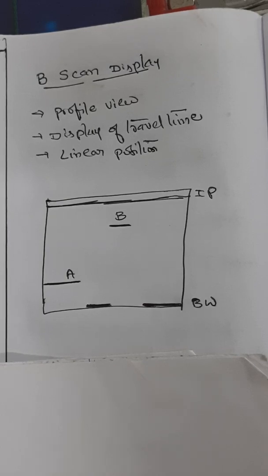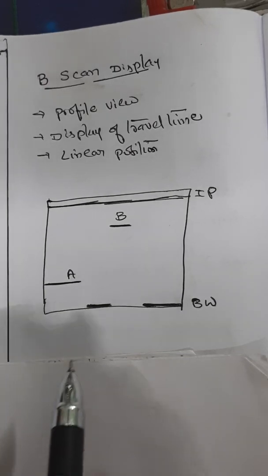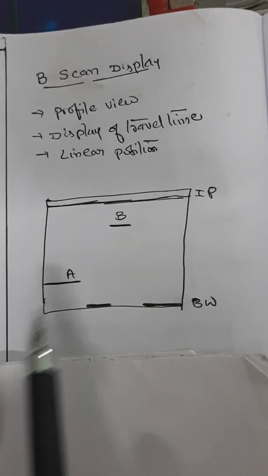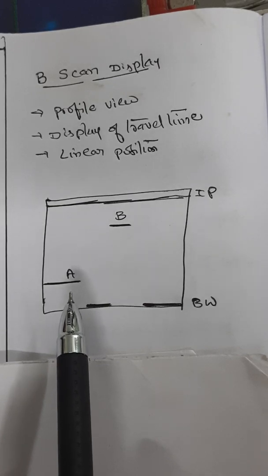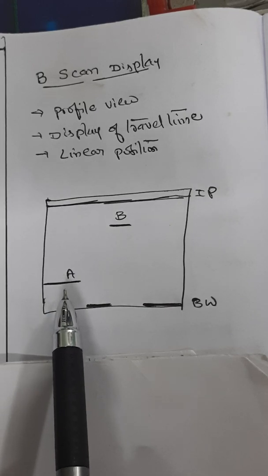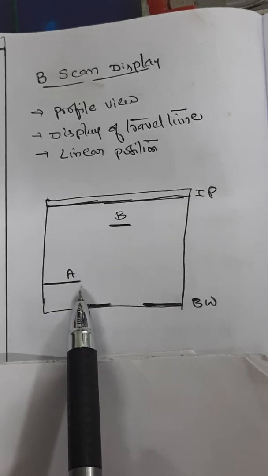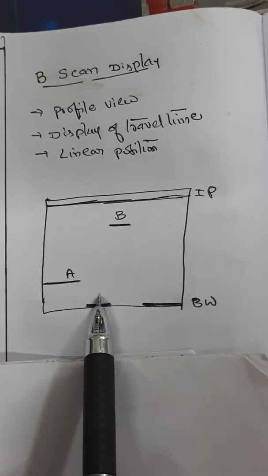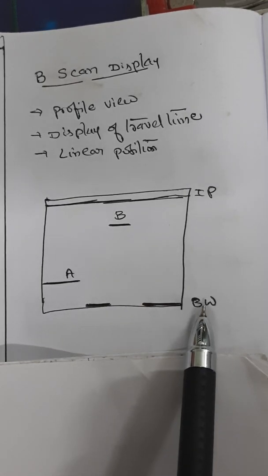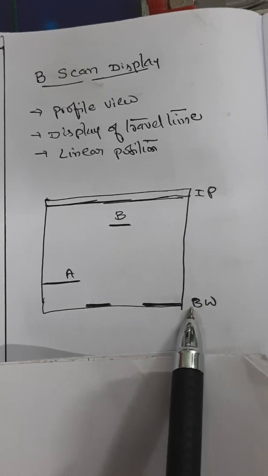So, for example, in the scan image displayed here in the given figure, it corresponds to the object that is taken for consideration. Suppose you say line A here. Line A is produced as the transducer is scanned over the reduced thickness portion of the specimen. When the transducer moves to the right of this section, the back wall line, BW, is produced.